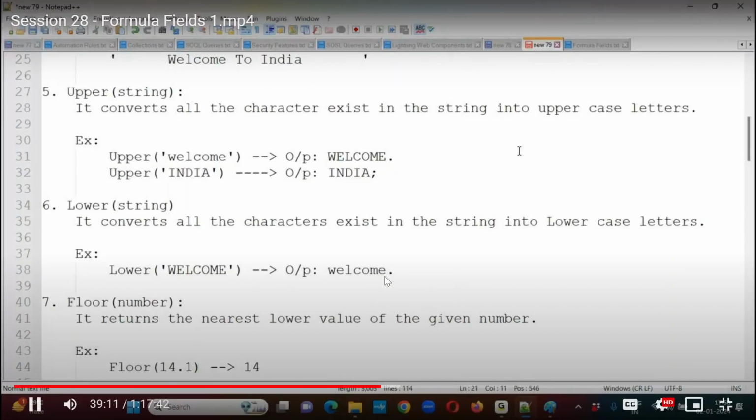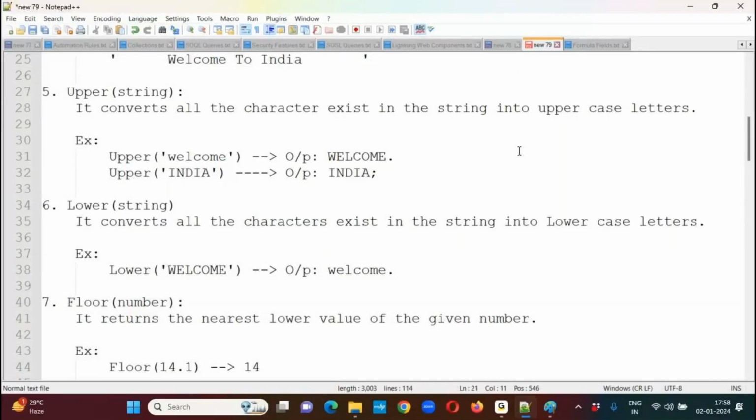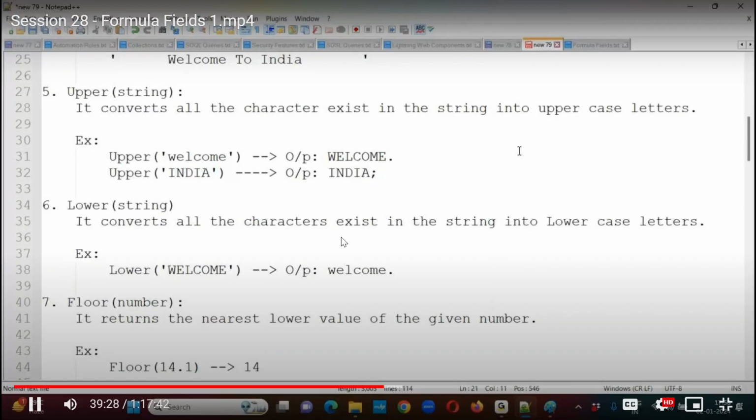Okay? Now, in a similar fashion, lower function. Lower function is used to convert the string characters from uppercase to lowercase. In order to represent the content in lowercase, we are using the help of lower function. Next,